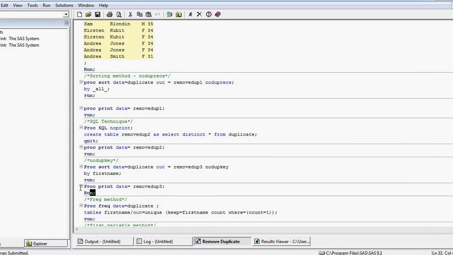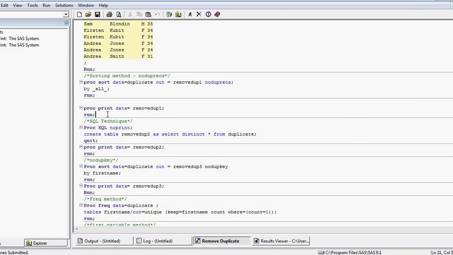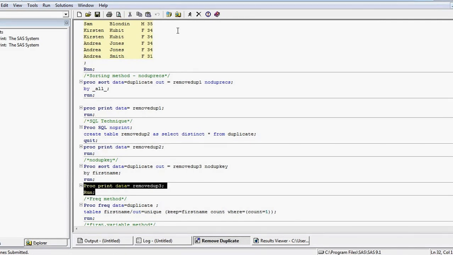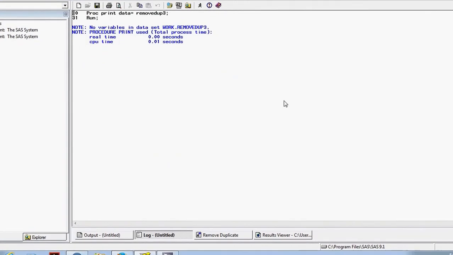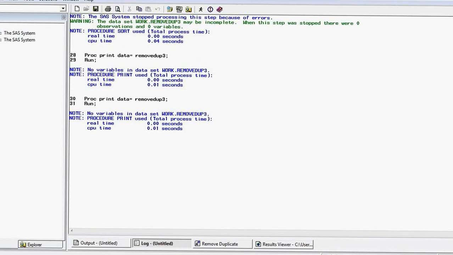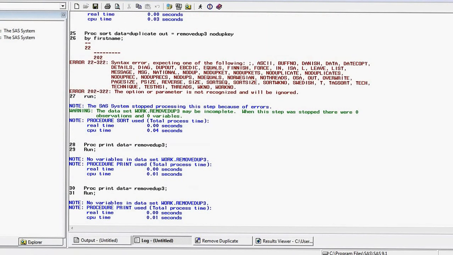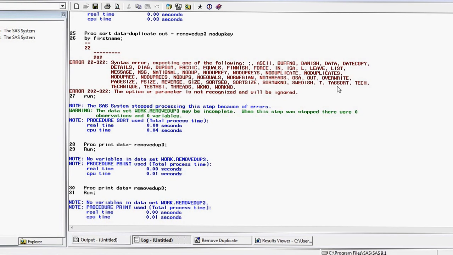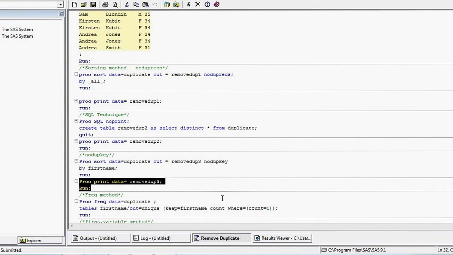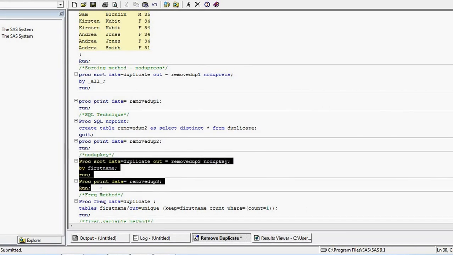I will print this dataset. Okay, sorry, I think I did not give this semicolon, that's why it failed.